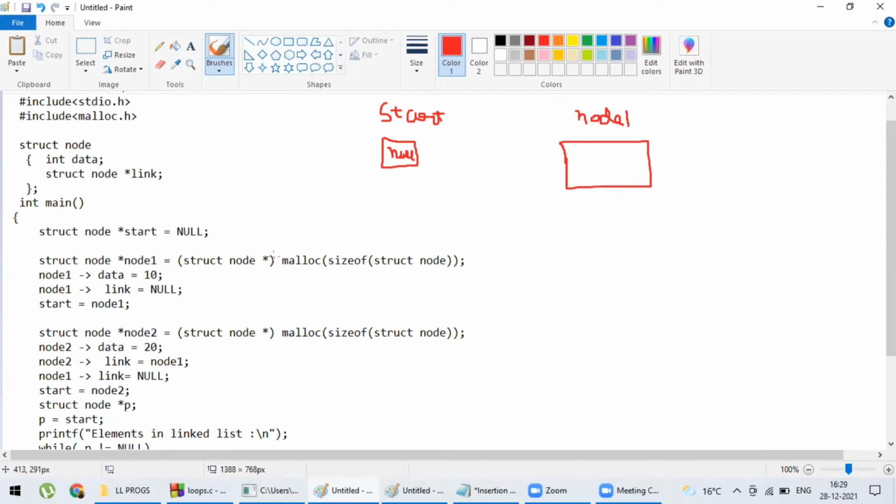With the help of the malloc function, I have created a new node, and every node has two parts. First is the data part and the second is the link part. So node1 data contains the integer value 10. So let's insert the integer value 10 like this. Node1 link part, that means the link part of this node, is initially null. That means there is no node at the end. Okay, so let's write null here,